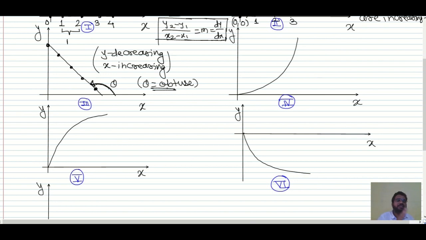See, obtuse means the angle which is greater than 90 degree, right? So over here, that angle is greater than 90 degree, and over here, if you consider tan of 120 degree, tan of 135 degree, tan of 150 degree, likewise. Okay, now the angle theta we have is greater than 90 degree. That means it is 120, 135, 150. Tan of 120 degree. Now 120 degree, how to calculate the value? Tan of, we can write it as tan of 180 minus 60.